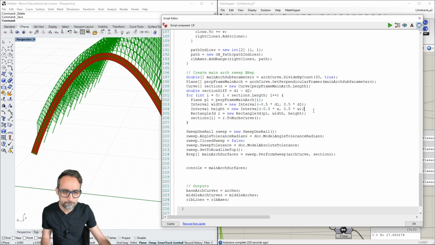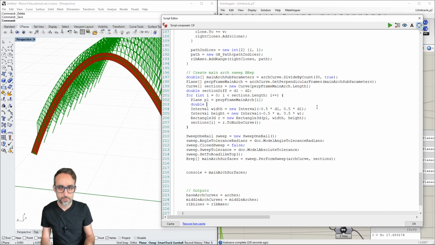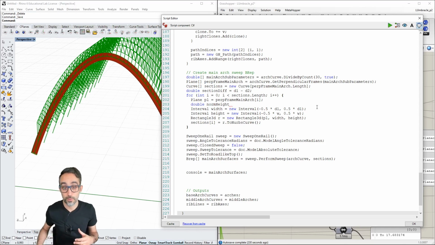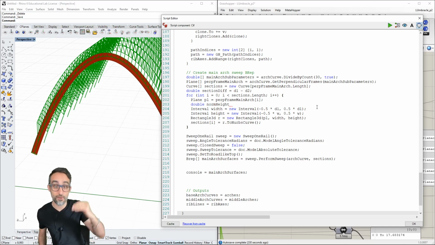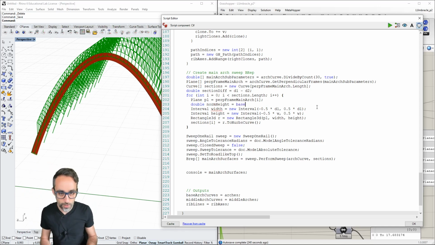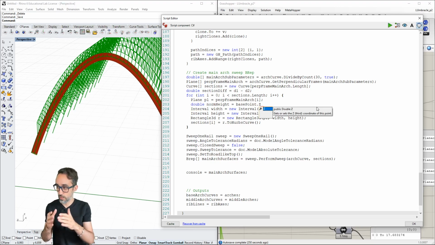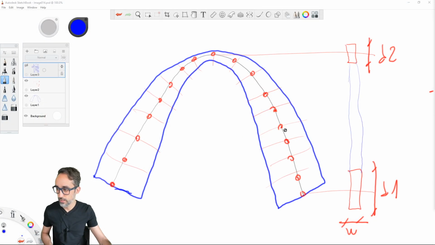Okay? And now what I'm going to do also is, for each plane, I'm going to calculate something that I'm going to call the normalized height. Okay, so that is going to be from 0 to 1, how far off this is from the ground. And that is going to be where that's going to be the C height of the base point. So where the base point, so that's going to be the C height of this one, and the C height